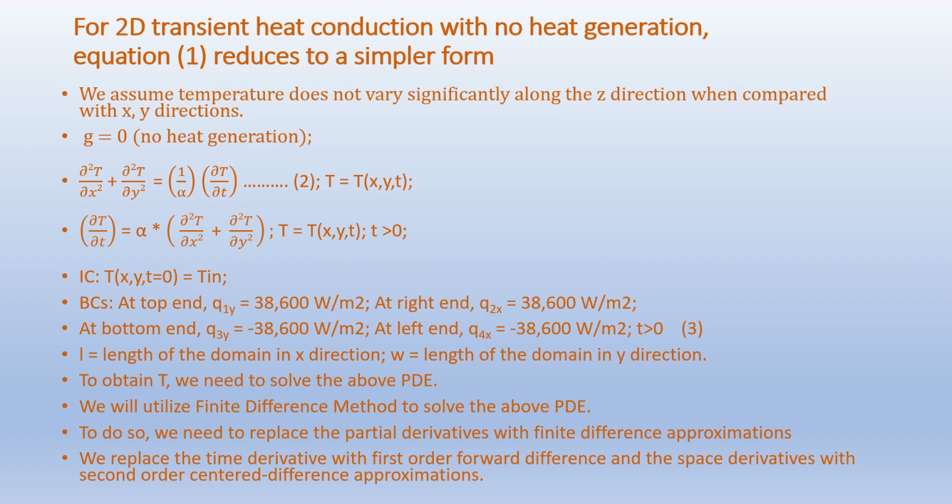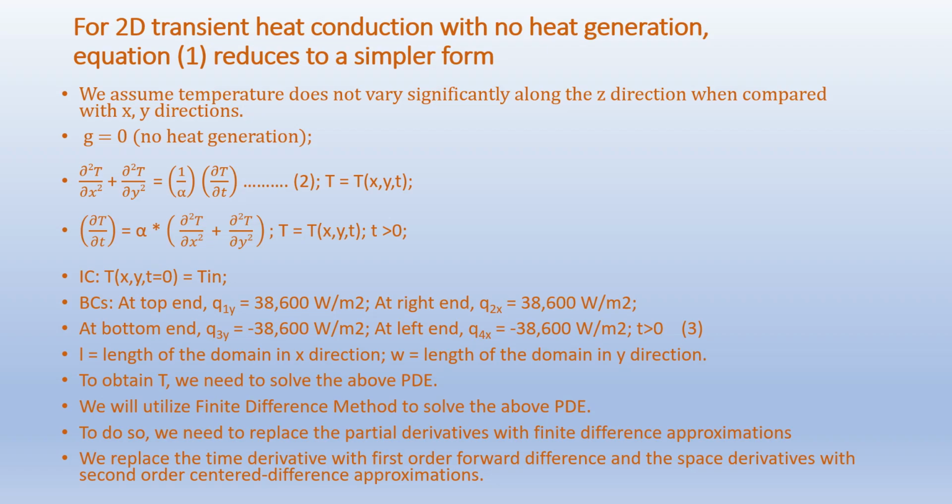Rearranging equation 2, we get ∂T/∂t equals alpha times ∂²T/∂x² plus ∂²T/∂y². T is equal to T of x, y, t, and t is greater than 0. The initial condition, IC, is given as T at x, y, t equals 0 equals Tn. The boundary conditions are